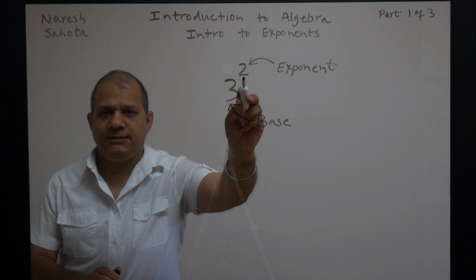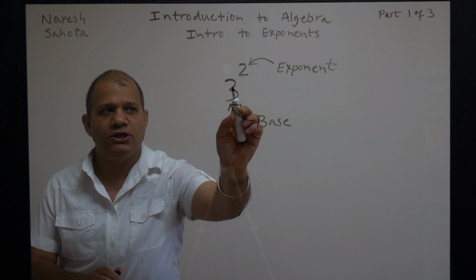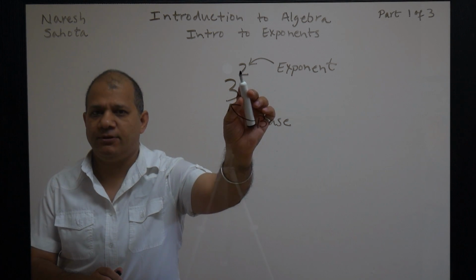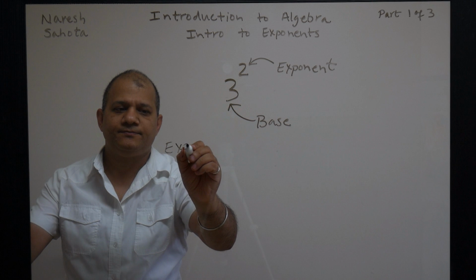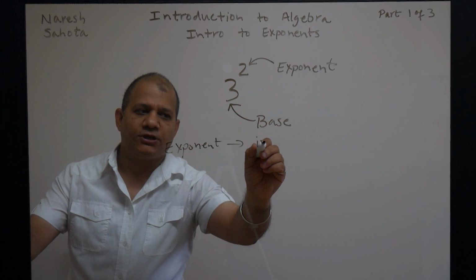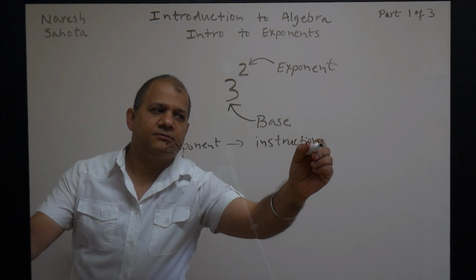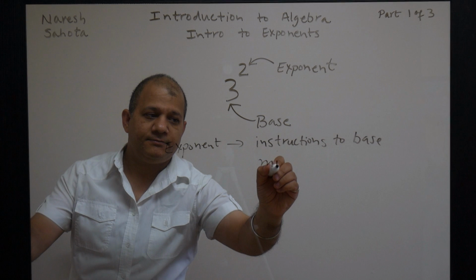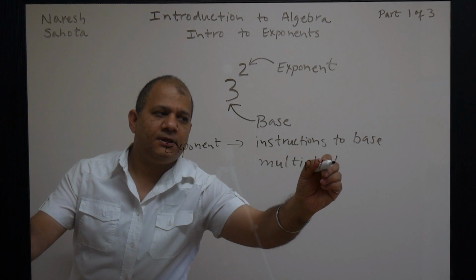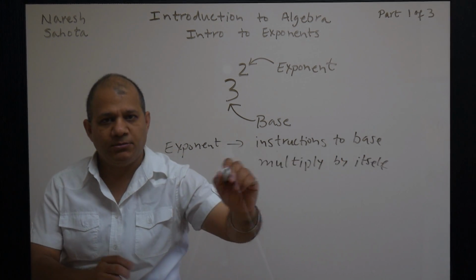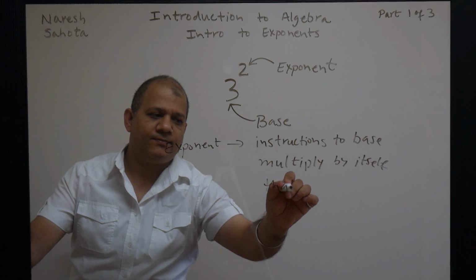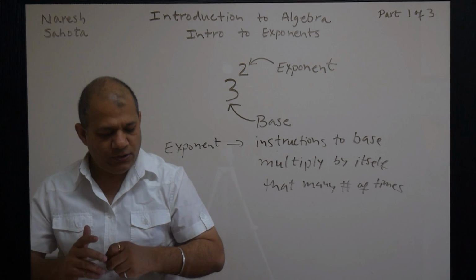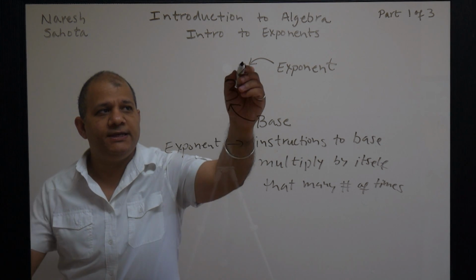Now what an exponent means is, this exponent is giving instructions to the base to multiply by itself that many number of times. So what this means is, 3 to the 2,